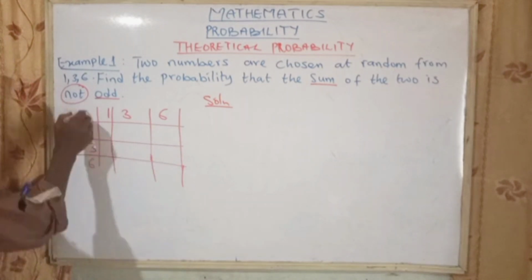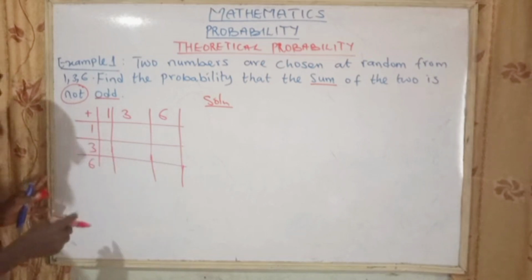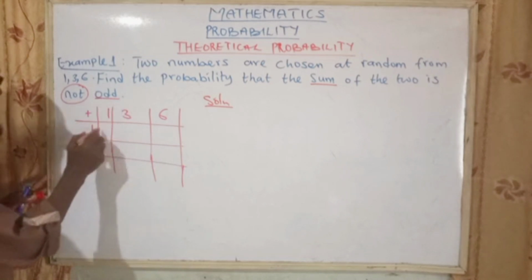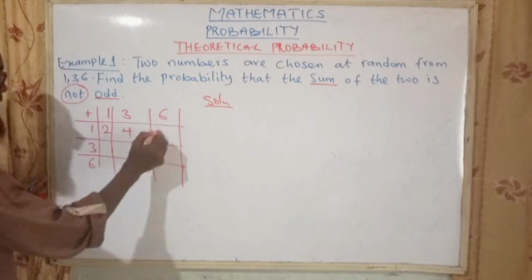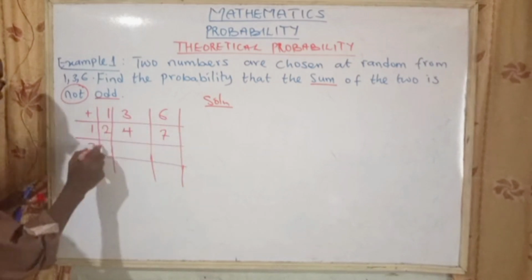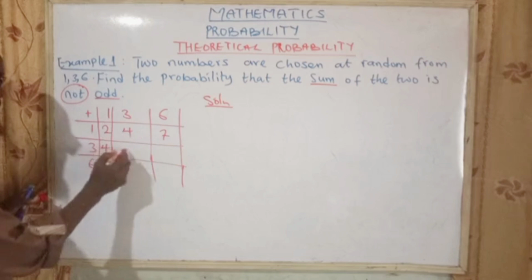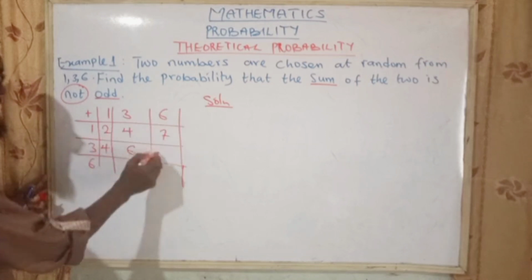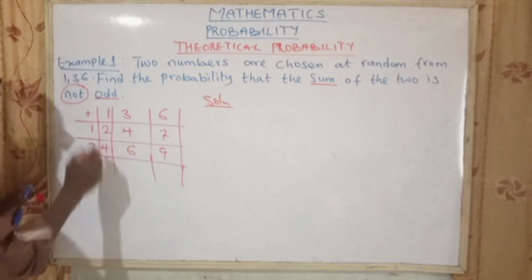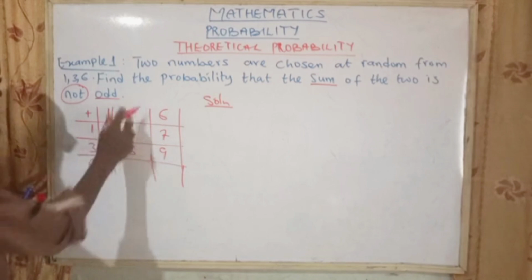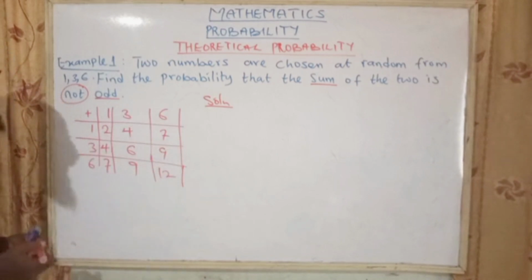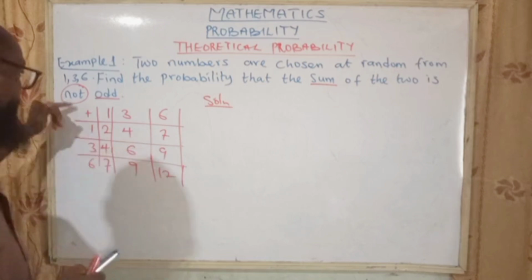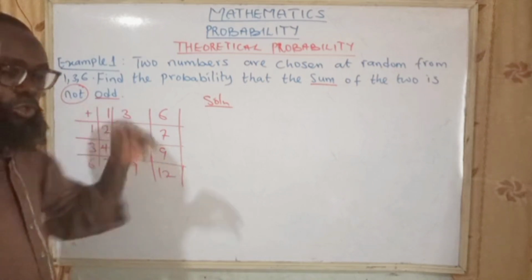Let's add them together because here it says sum. 1 plus 1, I have 2. 1 plus 3, I have 4. 1 plus 6, I have 7. 3 plus 1, 4. 3 plus 3, 6. 3 plus 6, 9. 6 plus 1, 7. 6 plus 3, 9. 6 plus 6, 12. Now, to work out the probability of not odd, we are going to look for the